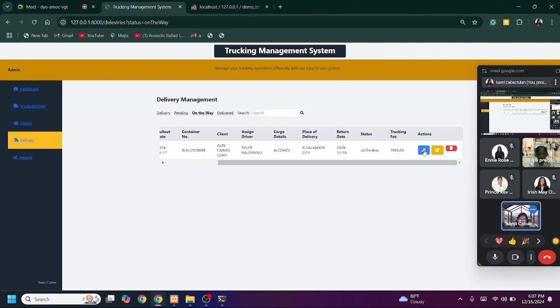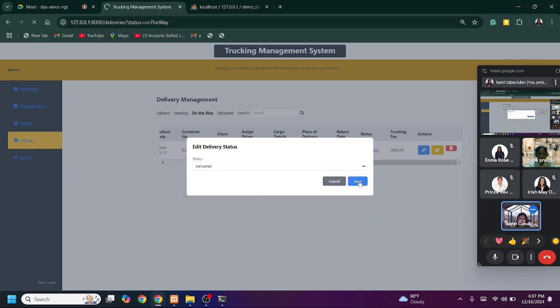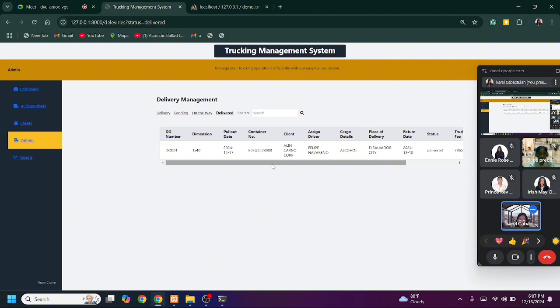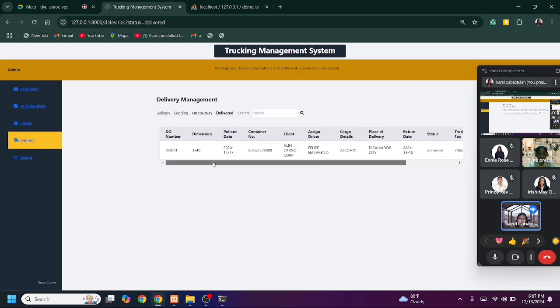And for the delivery as well, same process. Now if you view on the way, there is no data saved because we already transferred the following data into delivered.